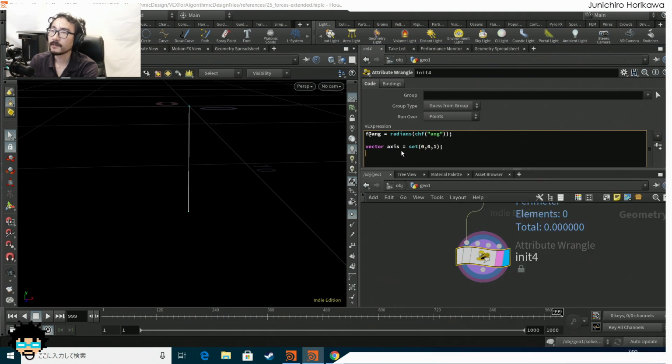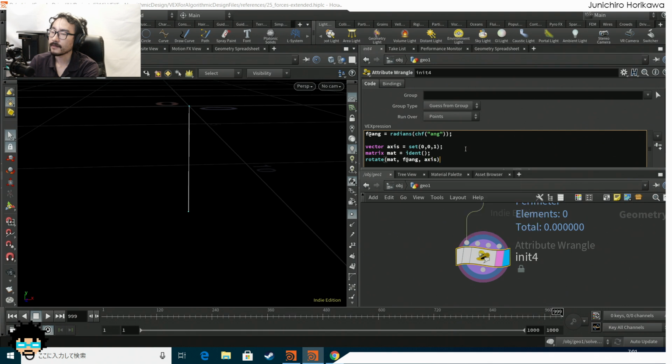Okay, and I would like to also rotate this point position right here. So first of all, I'm going to create an identity matrix, and then rotate the matrix using the angle that I've created above